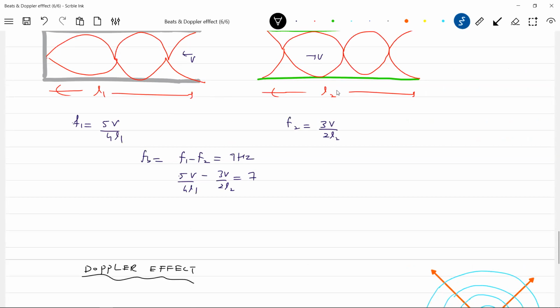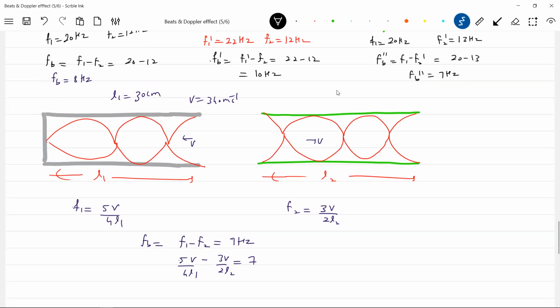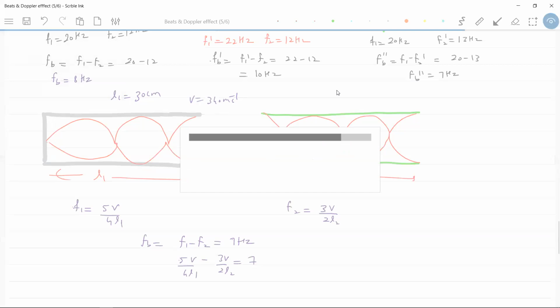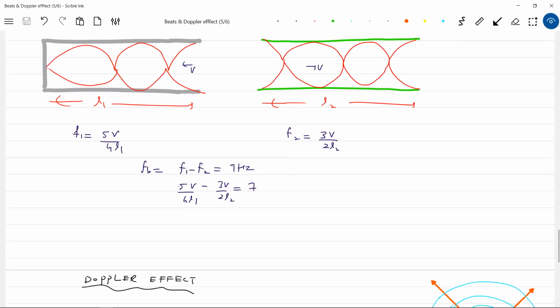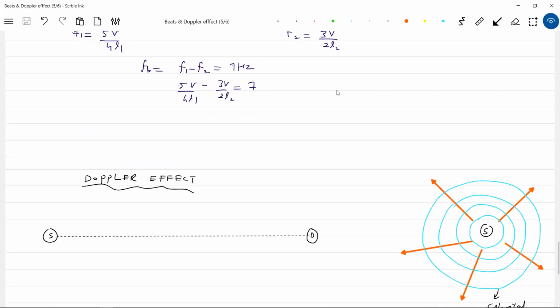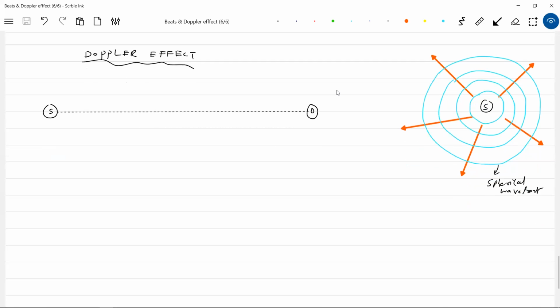I'll bring them together. So this will generate a sound, no? So they'll undergo superposition. See, an organ pipe: when you play it, the sound energy escapes from the organ pipe, no? So they'll undergo superposition. The energy will come out of the organ pipe. There we are discussing. Okay? Yeah. Now this is a spherical wavefront.